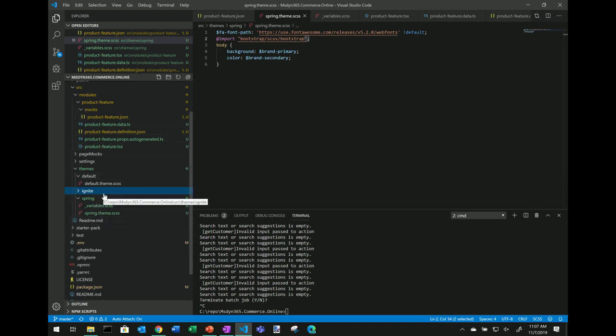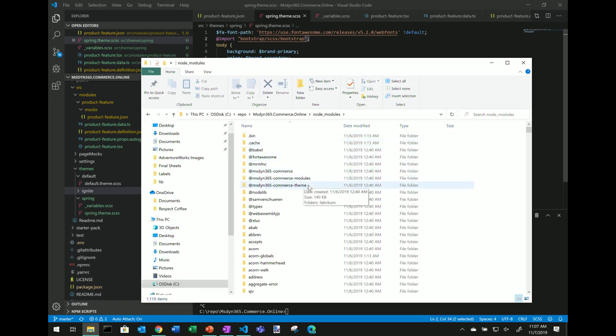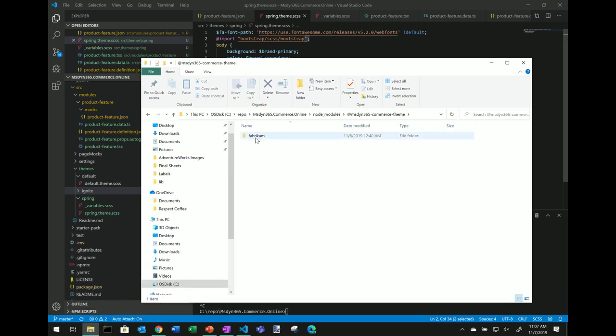And then instead of creating new files, I'm just going to copy the Fabricam theme into here. To do that, I'm going to go to my folder where the SDK is installed. And under node modules, the Fabricam theme got installed locally under the Commerce theme, and then Fabricam, and then I'm just going to copy the files over. So I'll just copy those 2, and then go back to my source directory,